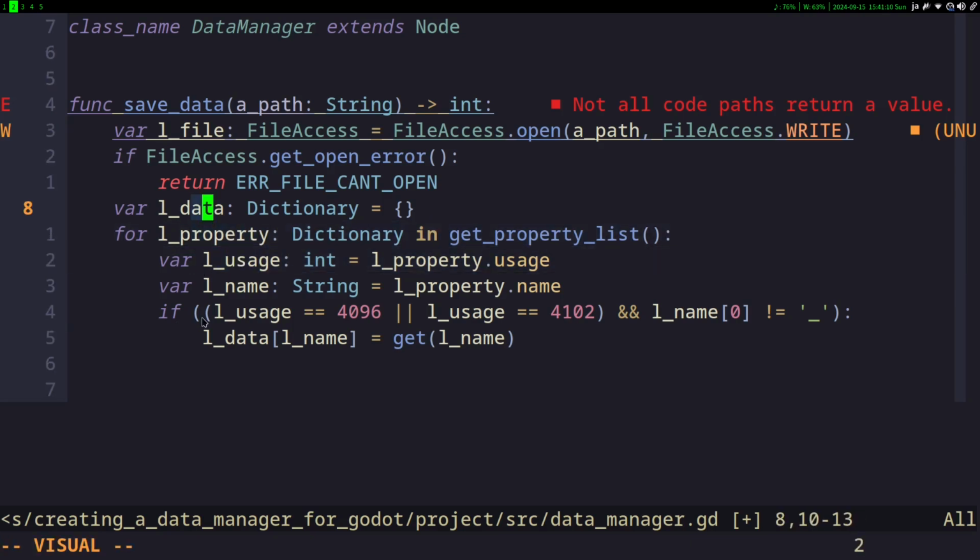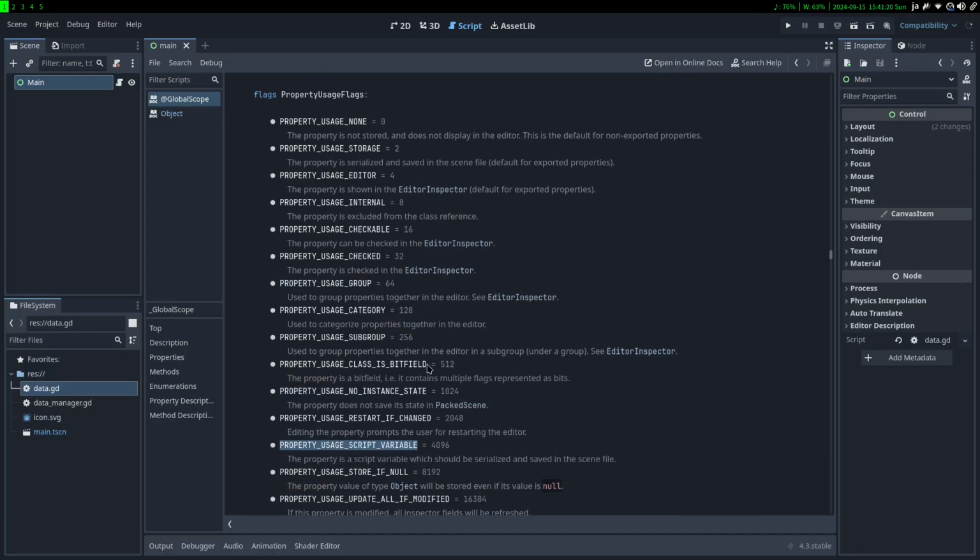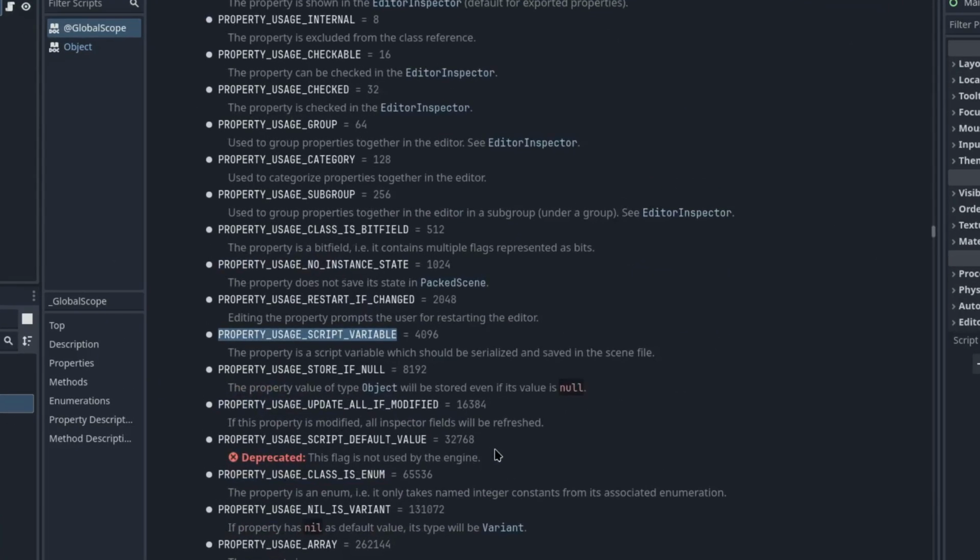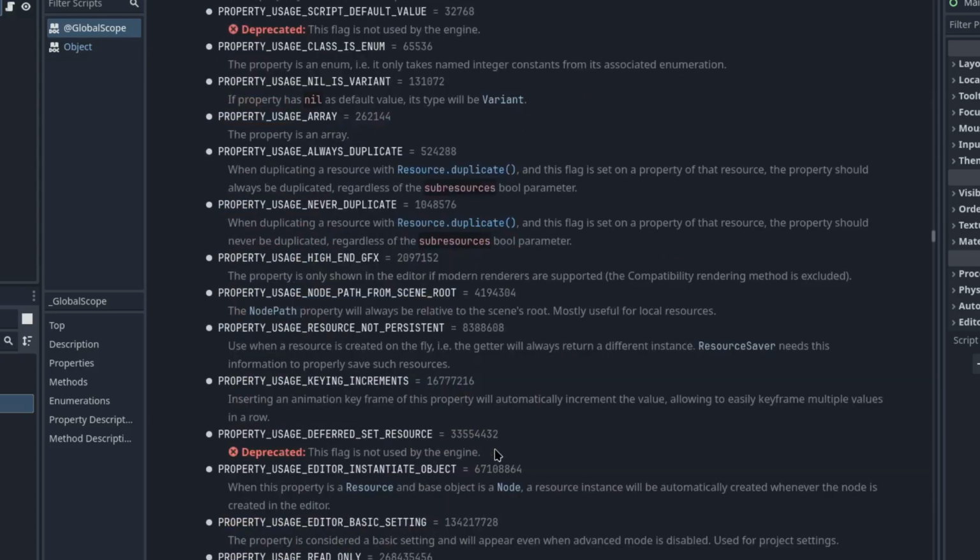And here we can see the number again, 4096, which was the previously seen property value of the normal variable. But we also have another value, 4102, as a usage number to check for. When looking at the whole property usage number list, we cannot see this number, and that is because the way